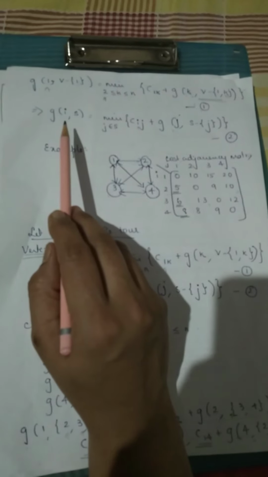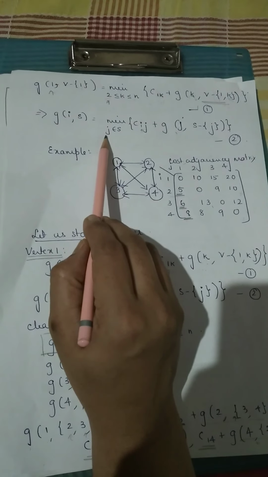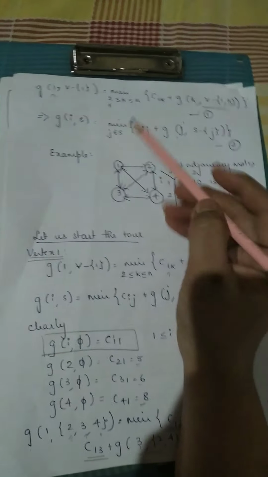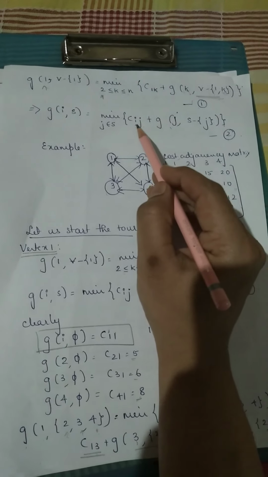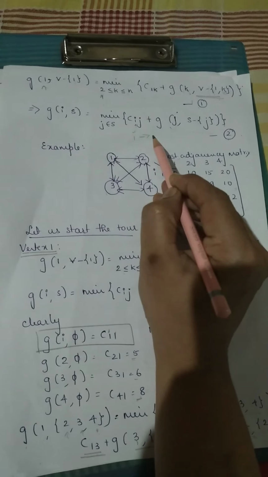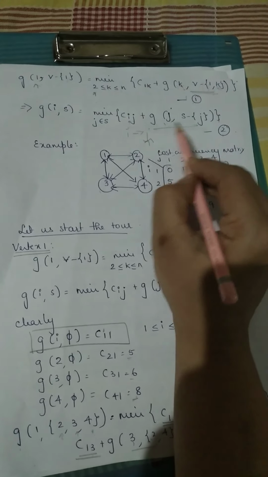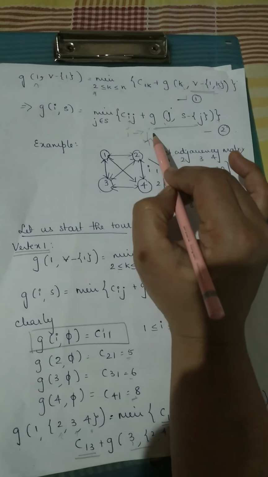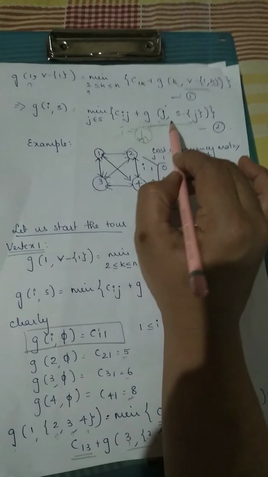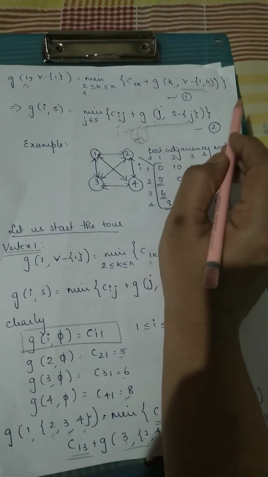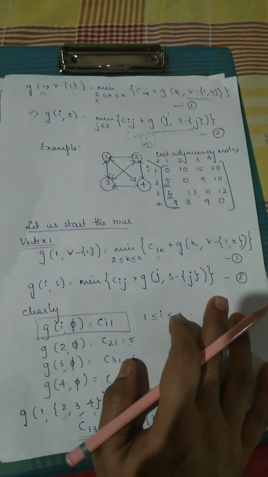So again we'll generalize the same function. G of I comma S is equal to the minimum over j belonging to S of C of i j plus G of j. I to j travel, right? Now he is in the jth city. Now by this part we need to find the minimum cost with the same general formula, G of j comma the remaining set of cities. So we'll use the same second formula to solve a traveling salesman problem.